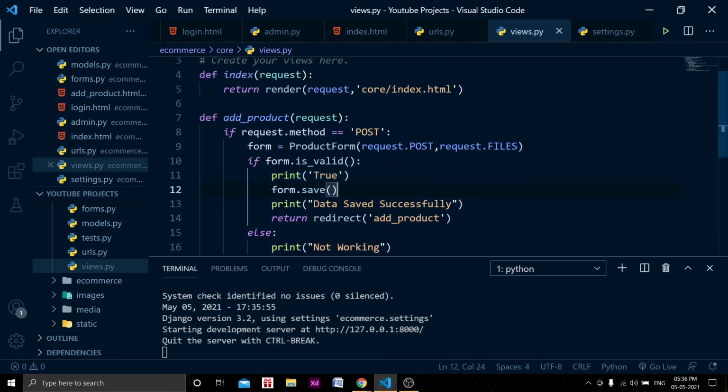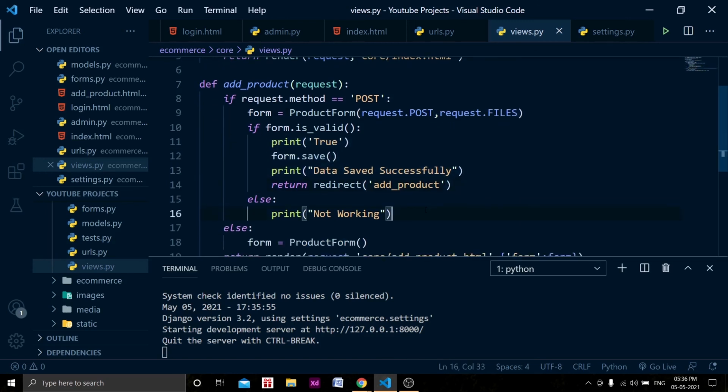But we have images in our form field. To get those images, we need to access them by request.FILES. Just after the comma, add request.FILES, and this definitely works properly.